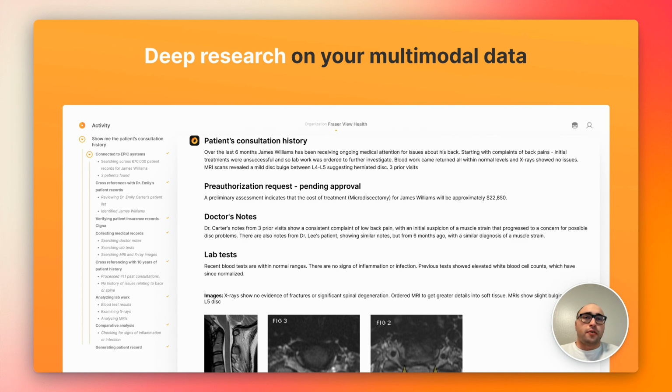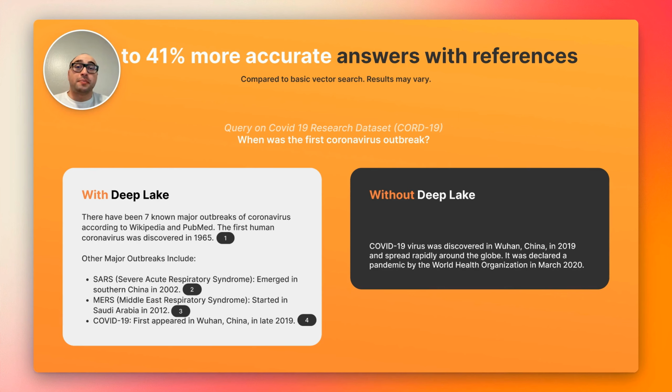Also, if you have a complicated use case such as patent search or drug discovery, medical insurance claims processing, we're able to query across different modalities of data such as images, MRI scans, you name it. Over time, your Deep Lake AI Knowledge Agent becomes more like you. It understands what queries and what answers you are looking for, becomes a domain expert in your industry and retrieves